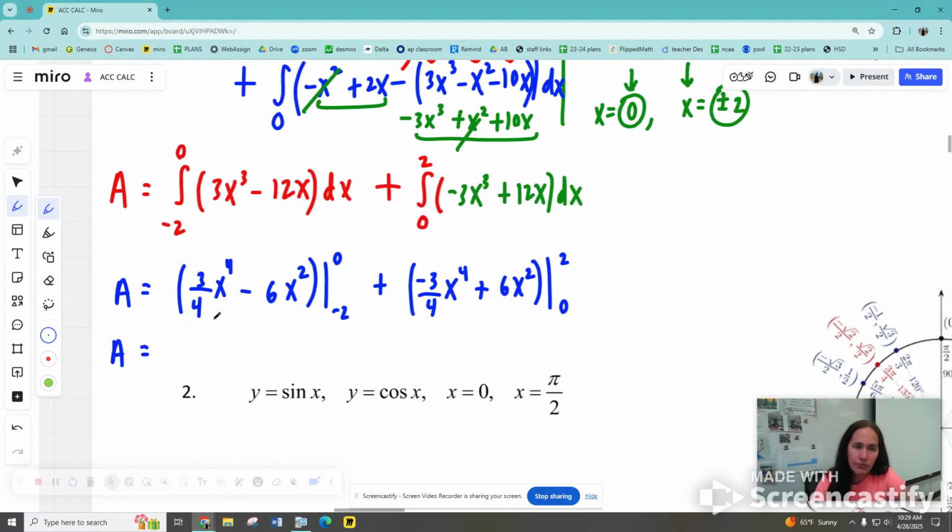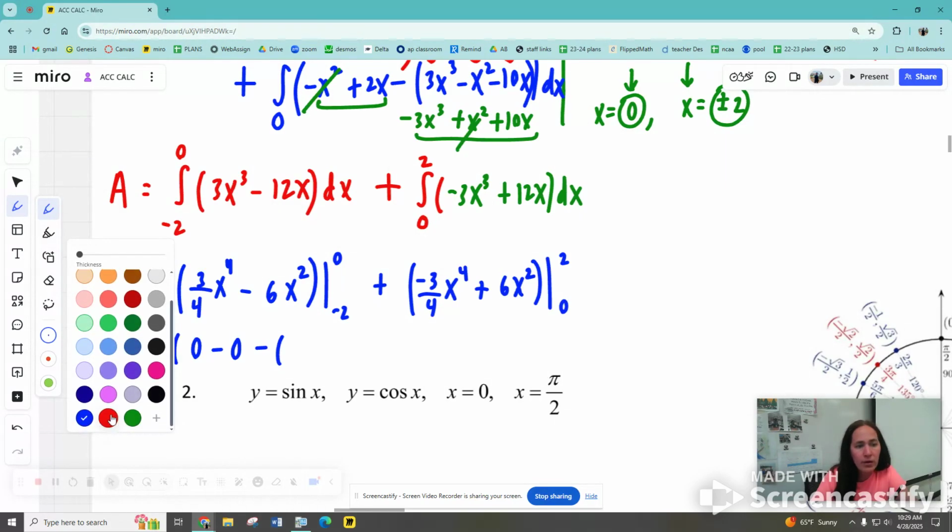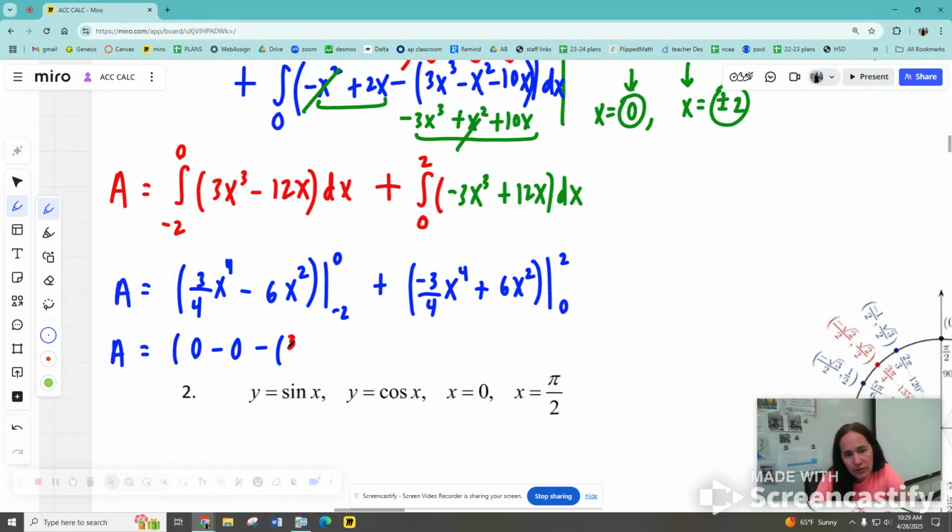0 gets plugged in first in this first expression. So you'll just get 0 minus 0 for starters. And we want to subtract negative 2 being plugged in for x. This is 3/4. If I raise a negative to the 4th, I'm still going to get a positive value. Negative 2 to the 4th should give me 16, right? And then likewise, minus 6, if I take negative 2 and square it, I'll get times 4 for that first